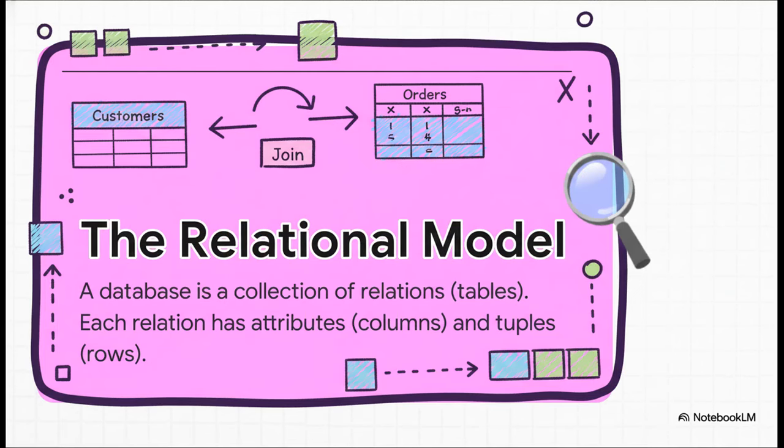So here it is, the revolutionary idea. Codd said that all data, no matter how complex it seems, could be stored in simple tables. Yeah, just like the spreadsheets we use every single day. He called these tables relations. Each table has columns for different things, like a name or an age, and rows for each individual record. That's it. No complicated pointers, no tangled paths, just clean, independent tables.